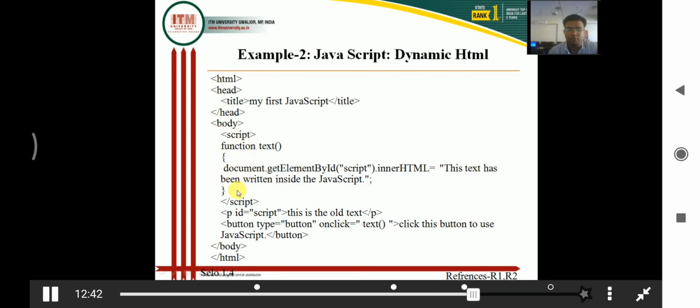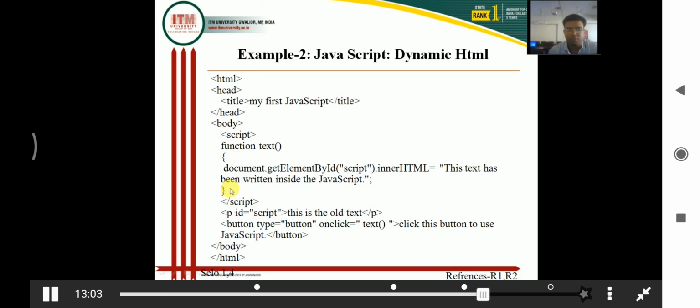I told you JavaScript is a powerful language, and similar to C, C++ and Java, under JavaScript we can create functions, create arrays, use control statements, everything. So in this example, a function is created in JavaScript.